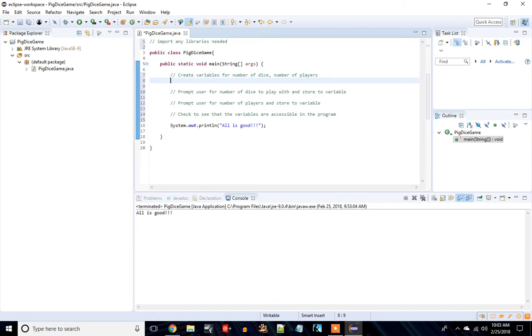They're both integers. So you basically just do int and then whatever you're going to call each of those variables. Alright, so int, I'm calling mine num underscore dice and num underscore players. Alright, so we can get rid of that now